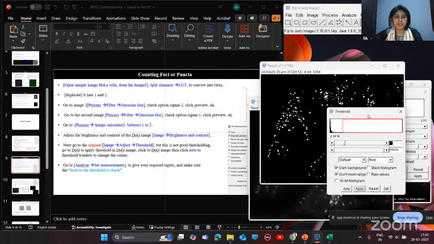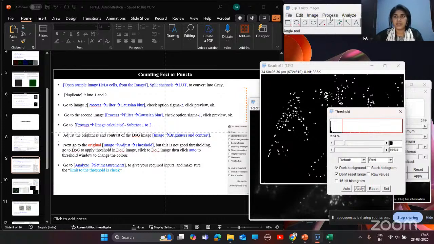So next step is we need to quantify these foci, but before going to this, we need to set measurements, like what you need, area, perimeter, and what parameters you need to quantify.